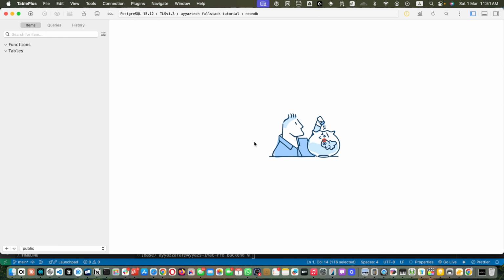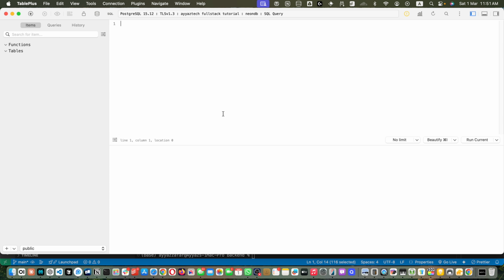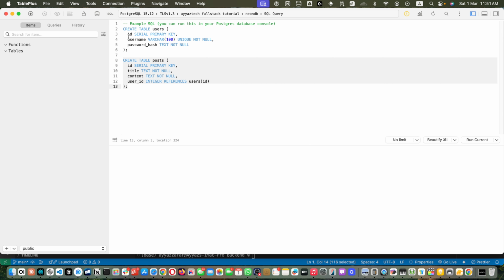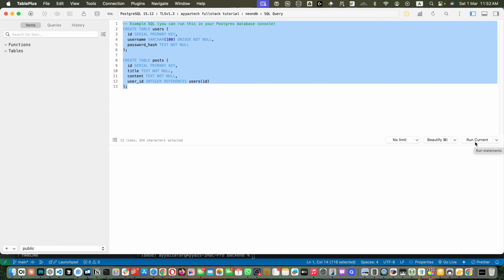In your client, open the SQL editor and paste or type this code. You need to create a users table and a posts table. In the users table, we will have ID, username and password hash. Then in the posts table, we will have ID, title, content and the user ID, which will have a foreign key with the users table. Okay, now hit select all and hit run current, and that will immediately create the two tables